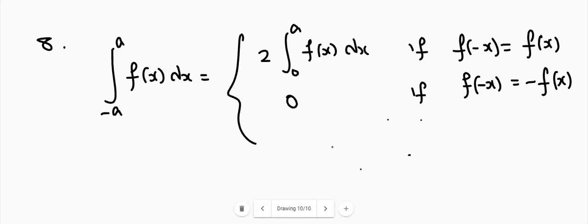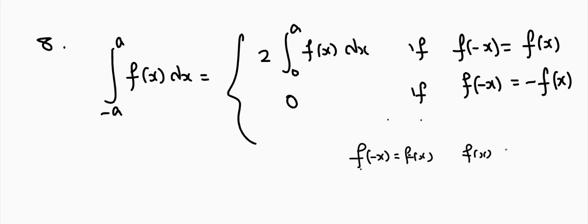F of minus x f of x nu vechal if it is even, and f of minus x is equal to minus f of x, then f of x said to be odd. Because f of minus x is equal to f of x, then it is said to be f of x is even. f of x എന്ന് പറയുന്നത് ഈവൻ ഫംഗ്ഷൻ ആണ്. അപ്പോൾ ഈവൻ ഫംഗ്ഷൻ ആണെങ്കിൽ ഇൻ്റഗ്രൽ മൈനസ് എ ടു എ എഫ് ഓഫ് എക്സ് ഡി എക്സ് എന്താവും 2 times 0 to a f of x dx. അപ്പോൾ ഫംഗ്ഷൻ ഈവൻ ആണോ എന്ന് ചെക്ക് ചെയ്യാൻ എഫ് ഓഫ് മൈനസ് എക്സ് ഇസ് ഈക്വൽ ടു എഫ് ഓഫ്